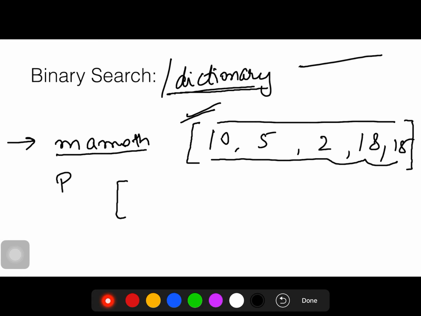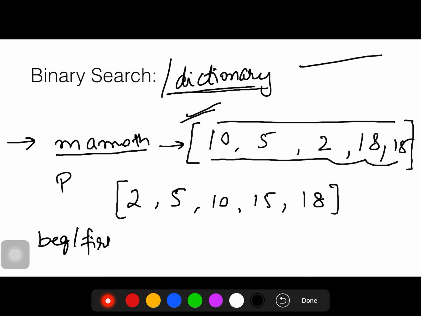How is binary search done? Firstly, we have to sort the elements of the list. I am sorting this list to 5, 10, 15 and 18. Now the items of the list are in sorted order. Now I will initialize two pointers, beginning or first, and last or end.